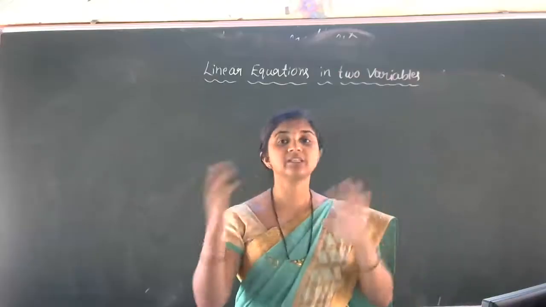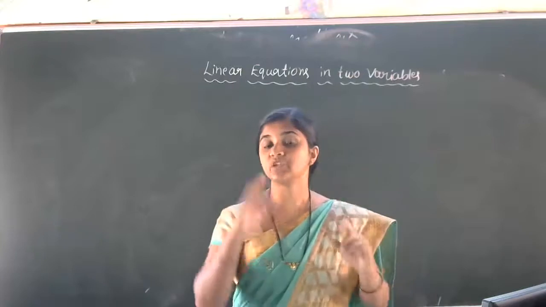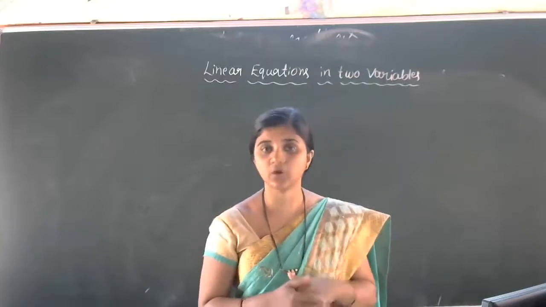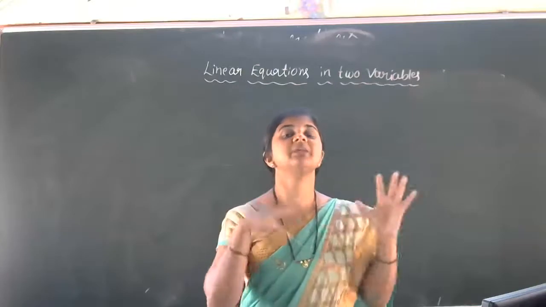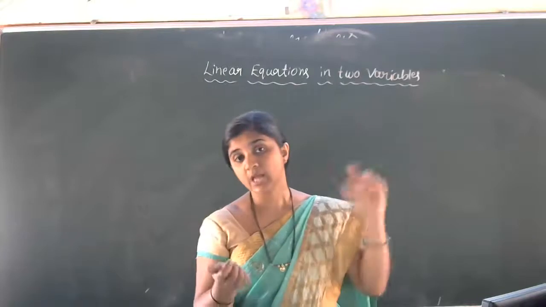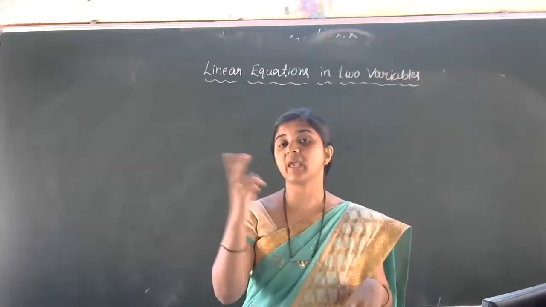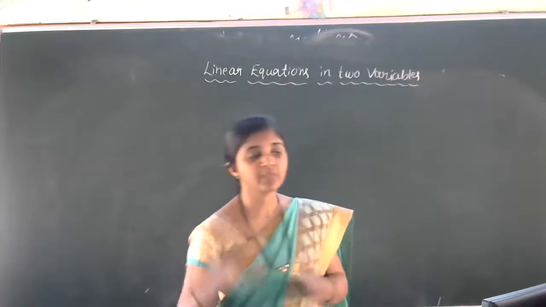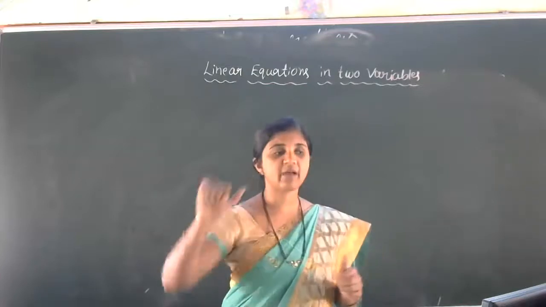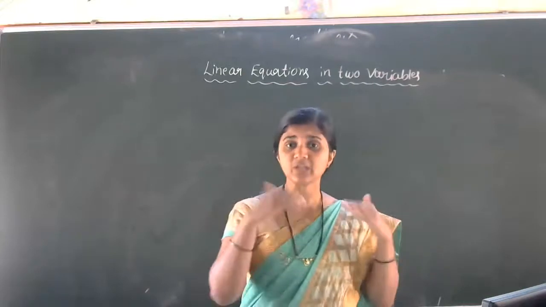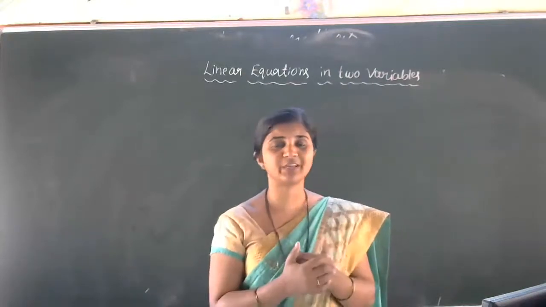Then how to express a linear equation in one variable as a linear equation in two variables, you have got the idea, no? Then how to convert the given equation into standard form, ax plus by plus c is equal to 0, and indicate the values of a, b, c. You have got the idea of writing those a, b, c values with the help of ax plus by plus c equal to 0.